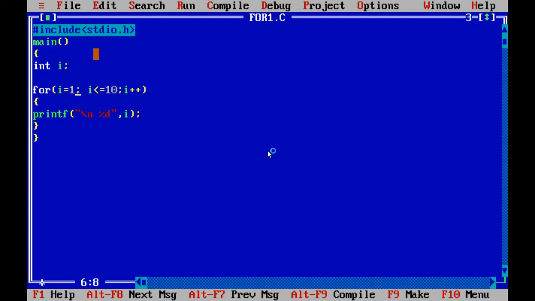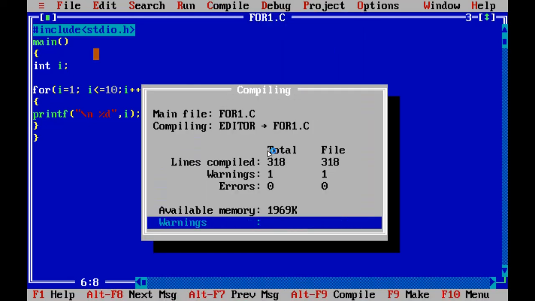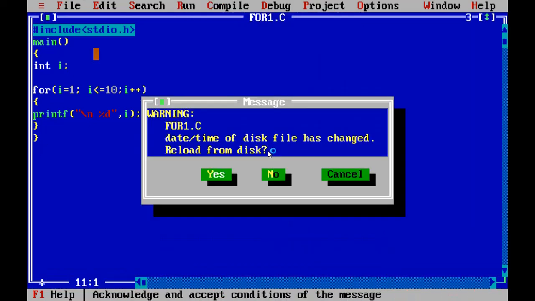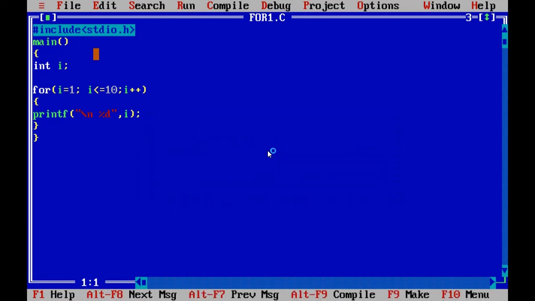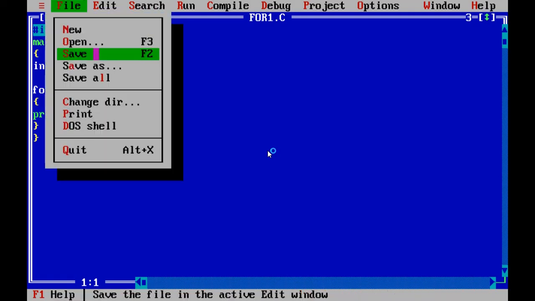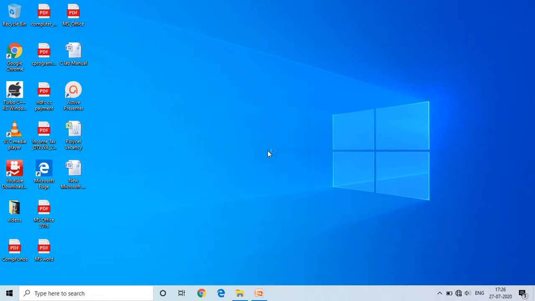Now save the program, compile the program, run the program, see the output: 1 to 10. This is the output. Now we will see one more program on the for loop.